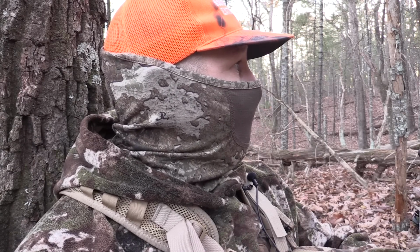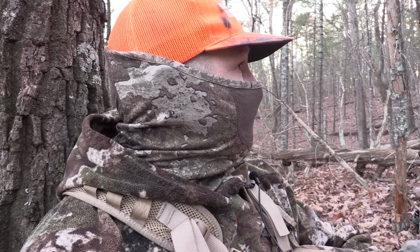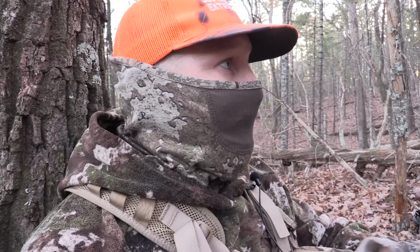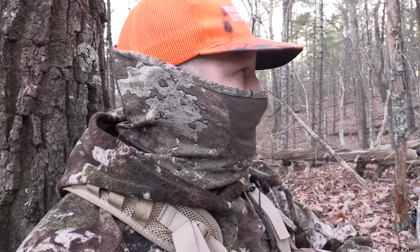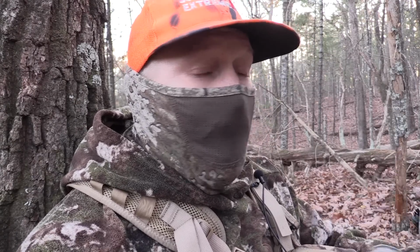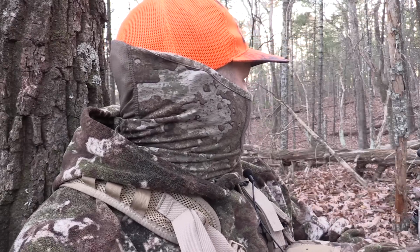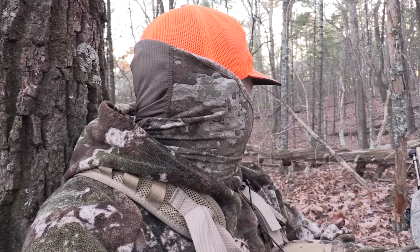I do feel good about this little spot. I feel like if a deer is going to travel in the daylight on the bottom half of this ridge system, then this is probably the little connecting point that they're going to use to travel. Now, I mean, they could be just right over the knoll into that thicker stuff where I can't get a shot, but